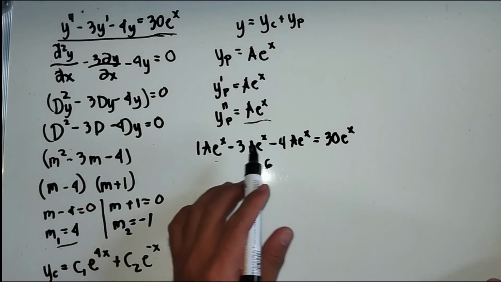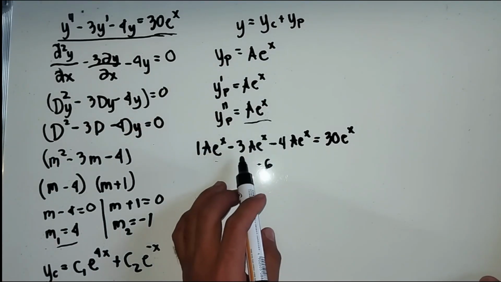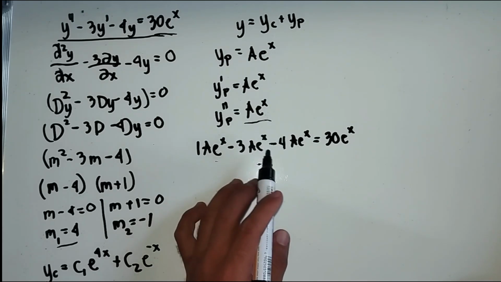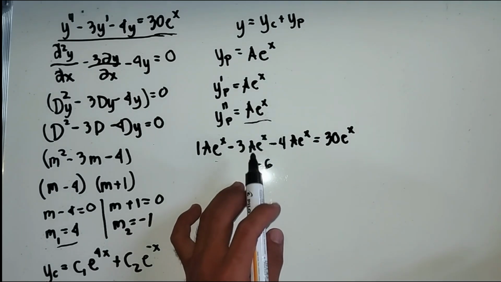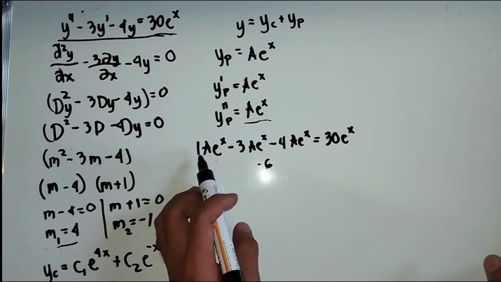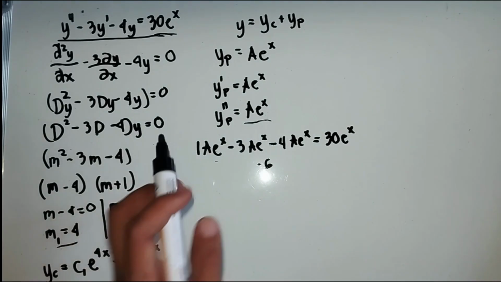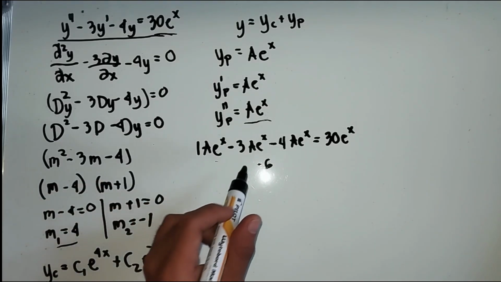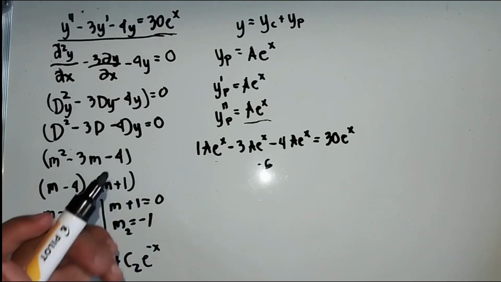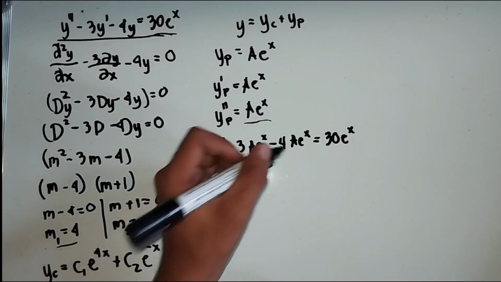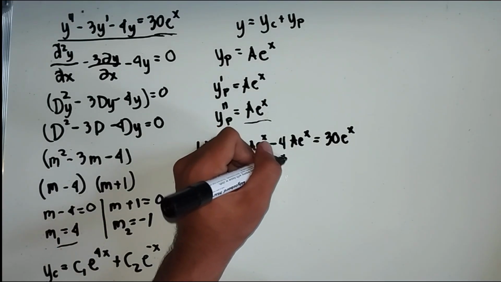Negative 4 plus negative 3 is negative 7, plus 1, so we're left with negative 6 e to the power of x